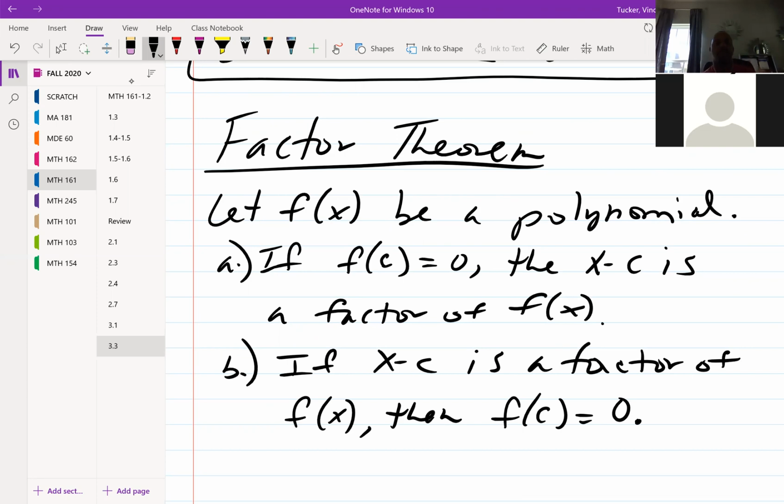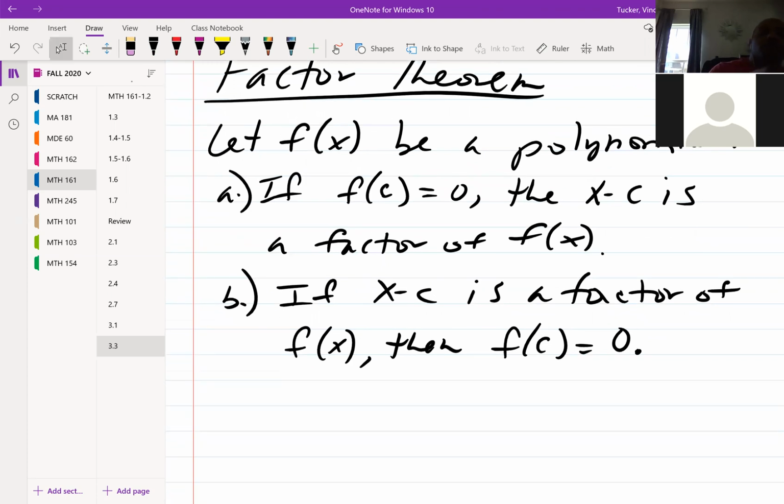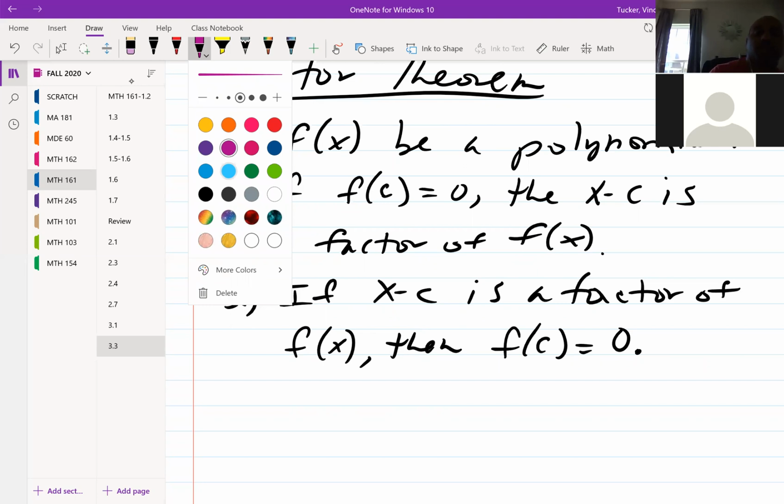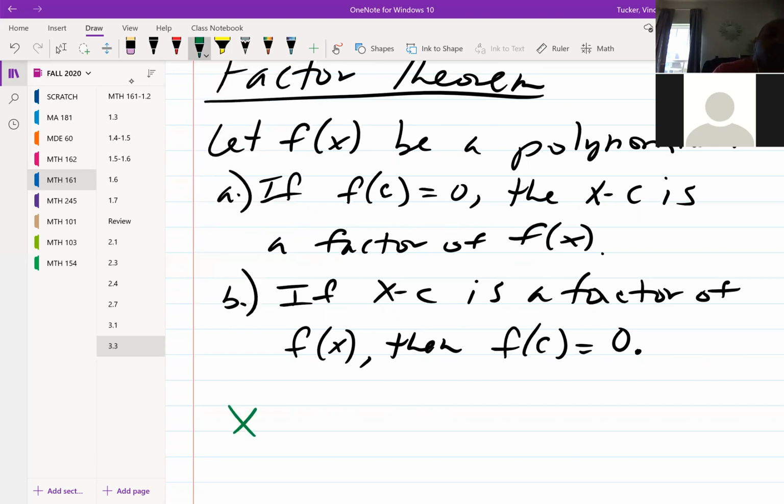All right, so the factor theorem: let f of x be a polynomial. If f of c is equal to 0, then x minus c is a factor of f of x. If x minus c is a factor of f of x, then f of c is equal to 0. So just to make sure we're okay with how this connects to what we've done in the past, let's say I have x squared